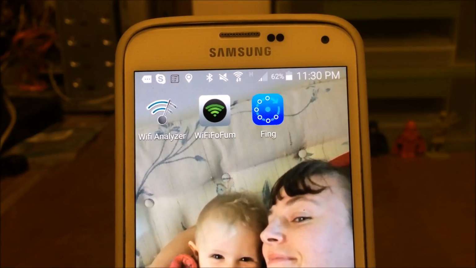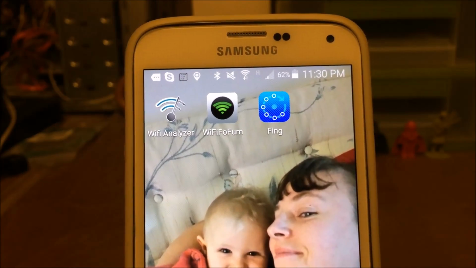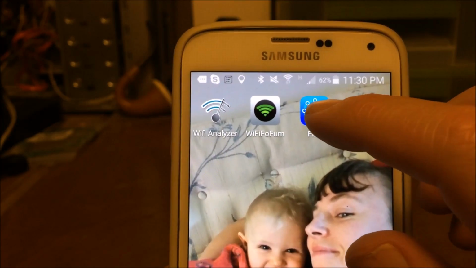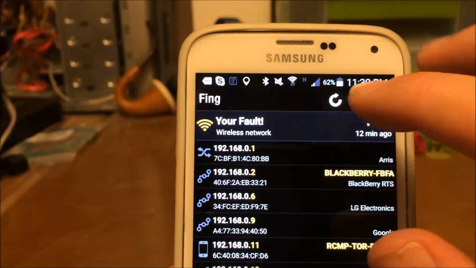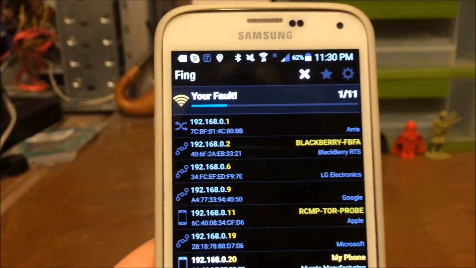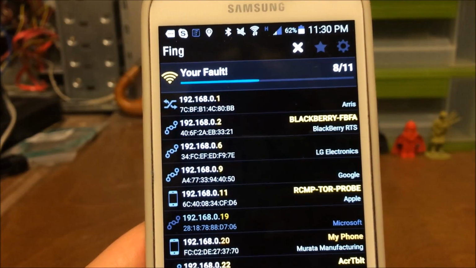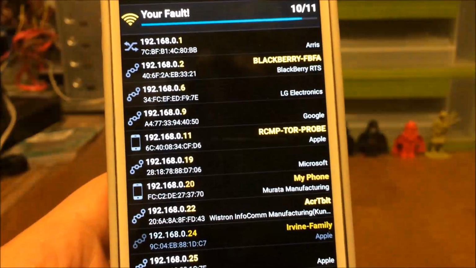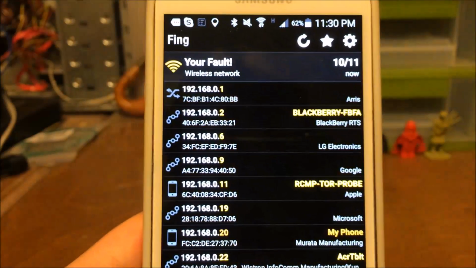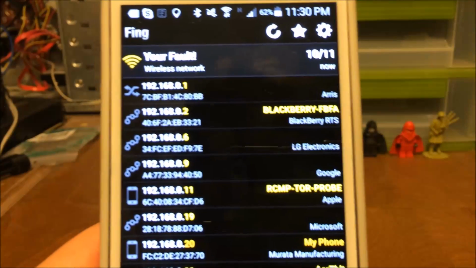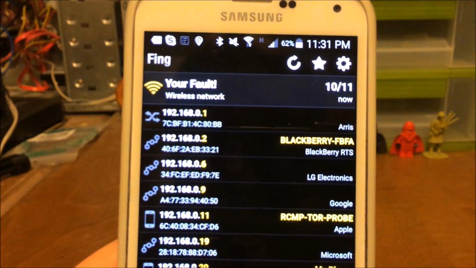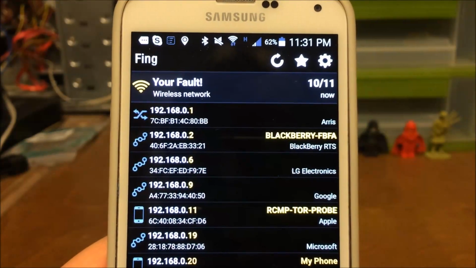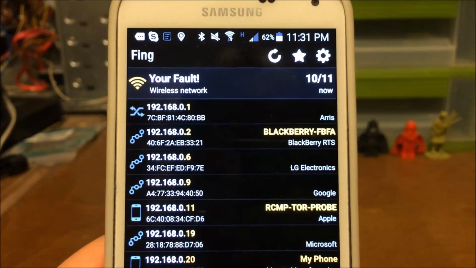Last but certainly never least is Fing. Very simple, very easy to use tool that will scan your Wi-Fi range to see everything that's connected to it. It'll show you everything that's connected to your Wi-Fi, or at least that Wi-Fi access point. Now bear in mind, this is only going to scan anything on your IP range. It will only scan anything, in this case, in the